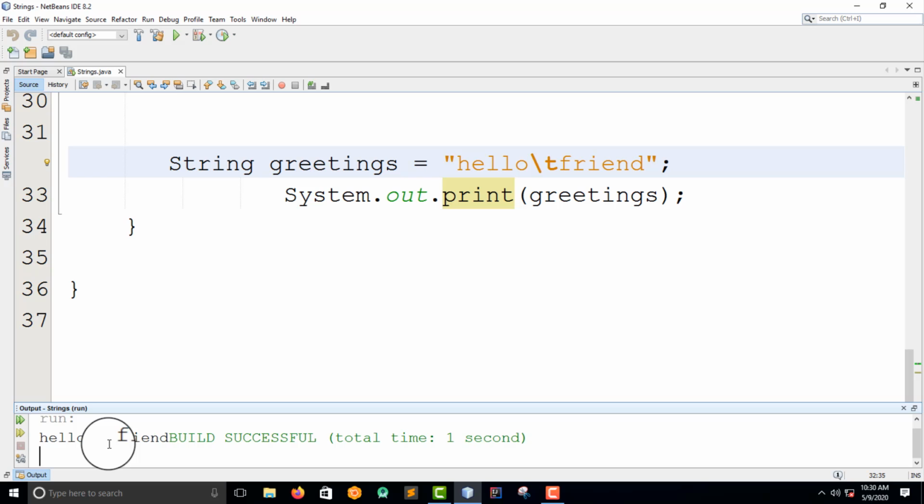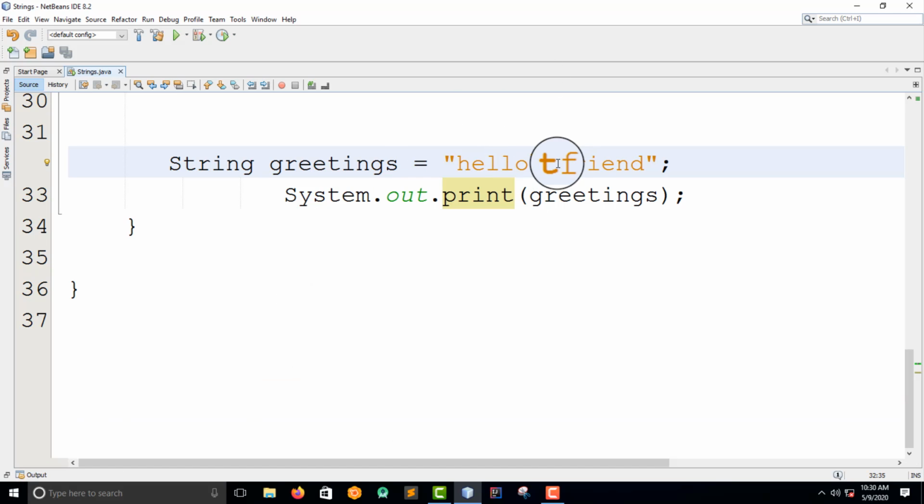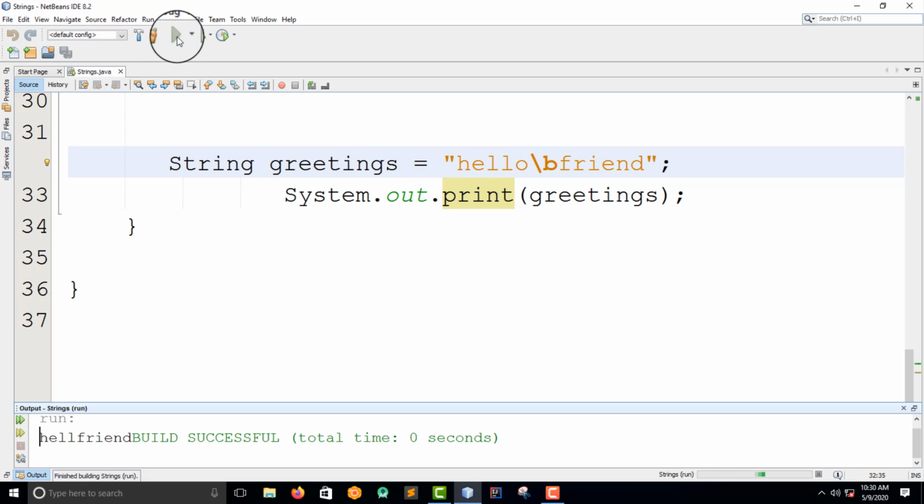Then let's see about the B, the backspace. So I'm going to change this to B. And then one. Hello friends. So backspace actually gets the word back, the backspace. So guys, the other one, the form field, I try to do that so that you can also run